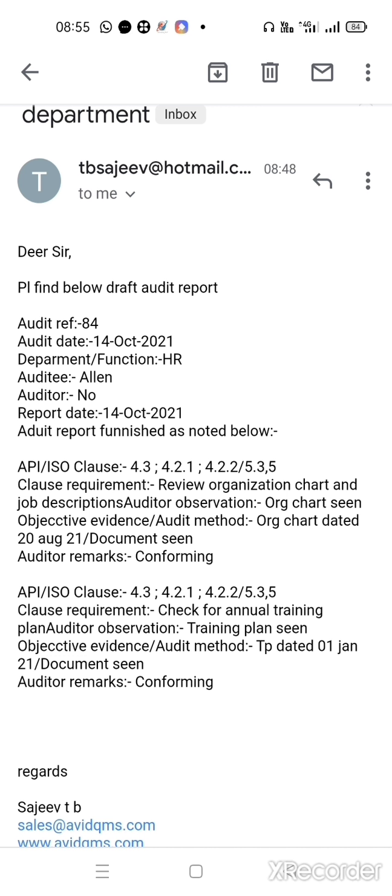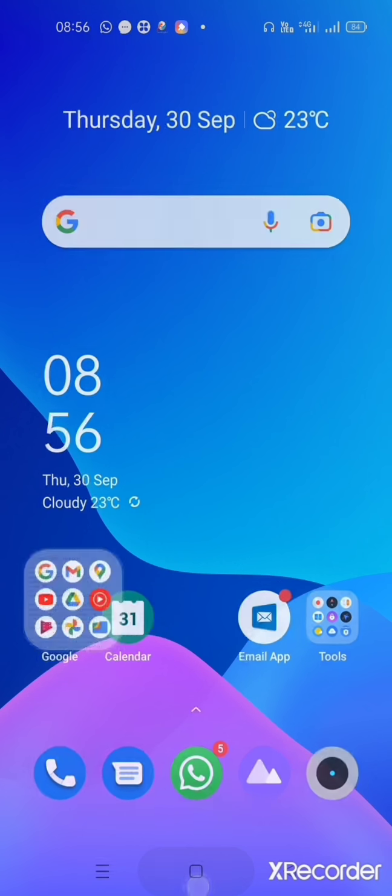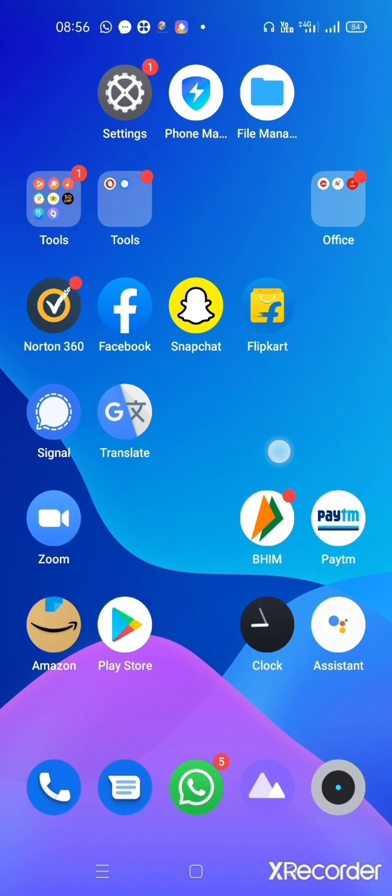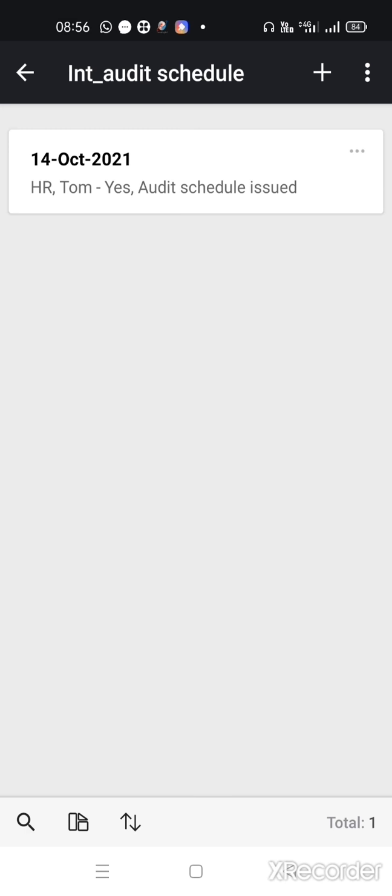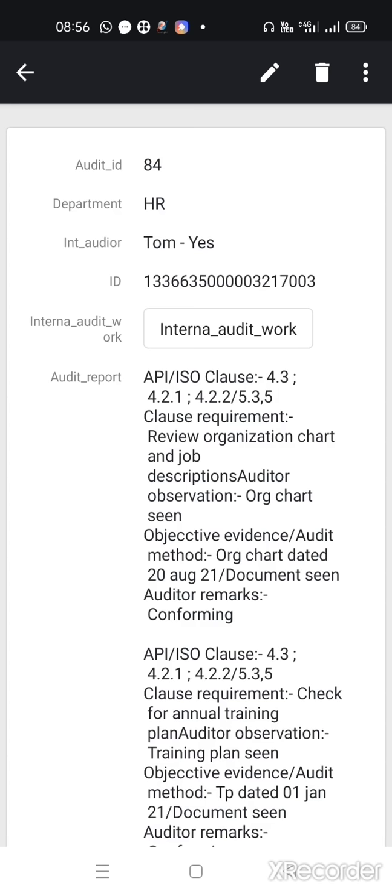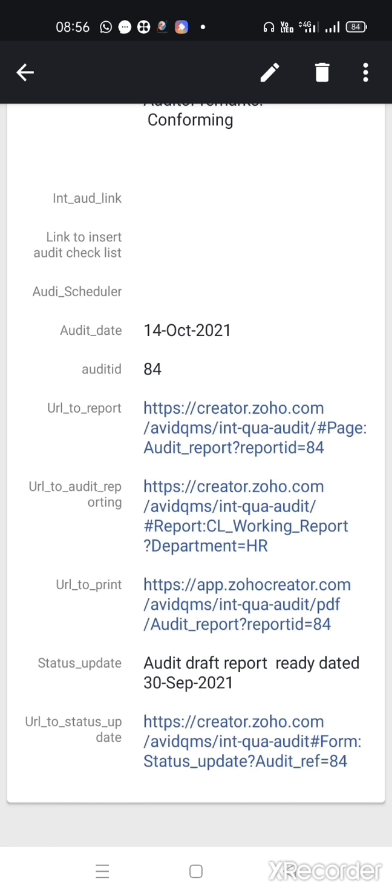We attended 2 check sheet items. All those you can see here. You can see the audit reference 84 and what we saw and auditor remarks, etc. for these 2 items is already there. Once you complete all the check sheet items, that report will be automatically generated and it will be emailed. Once the audit is really completed, you can tell the system to make the final report. For that, either you go for the Easy Way or go to the internal audit schedule, and we have the status update here.